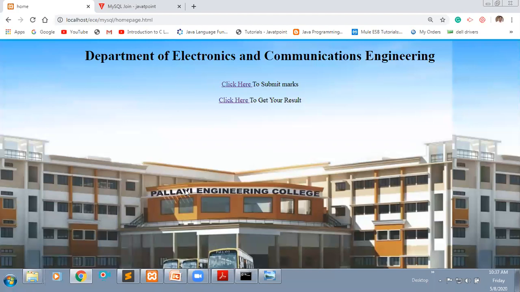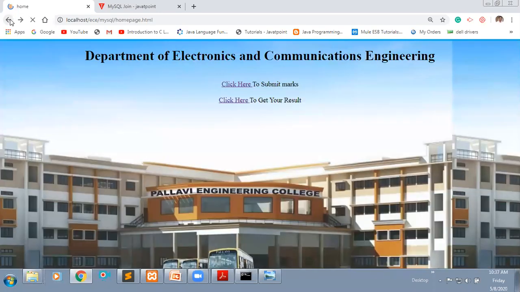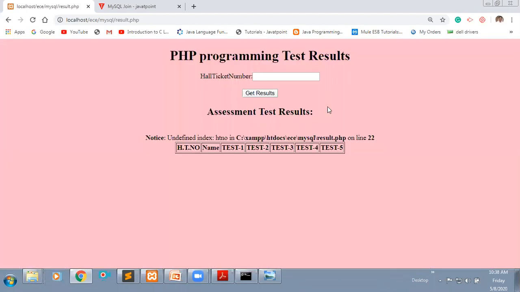Consider this is your JNTH website. What JNTH people will do is submit marks and save them in a database. This we saw yesterday, right? They will submit all your marks. Then they will give this one page, the result page. If I click here, this page they will return to the students.